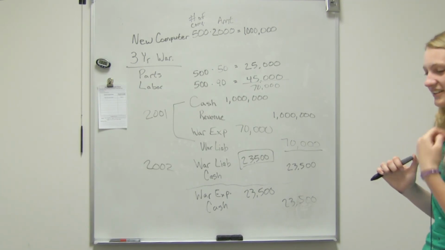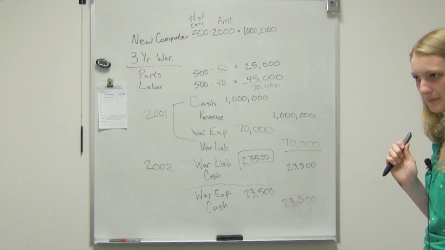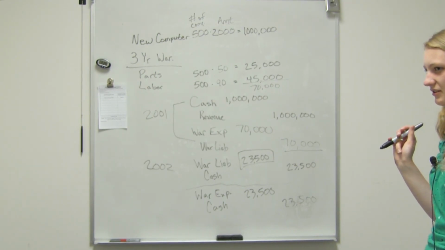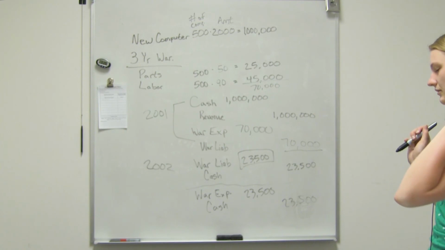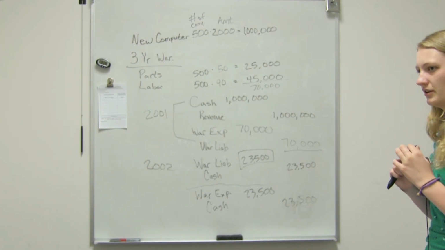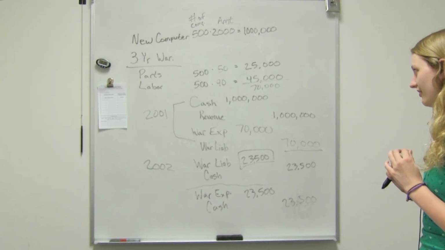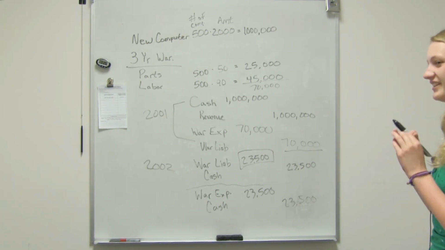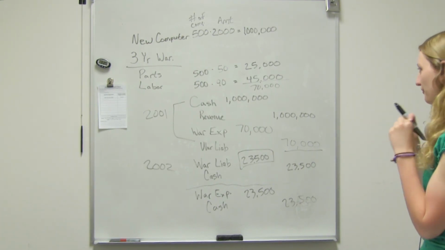Okay, so let's try number 5. Did that help with the journal entries? Yes, because I just have to see where it's derived, otherwise I don't know where to start. No, I'm totally the same. Being able to see this, it's like, okay, they bought it or sold it, and